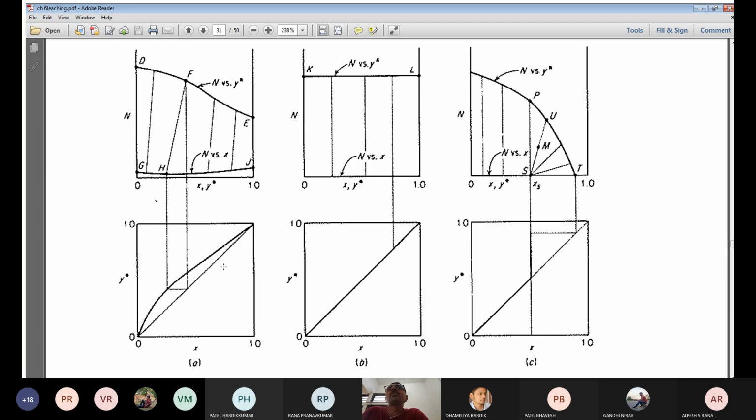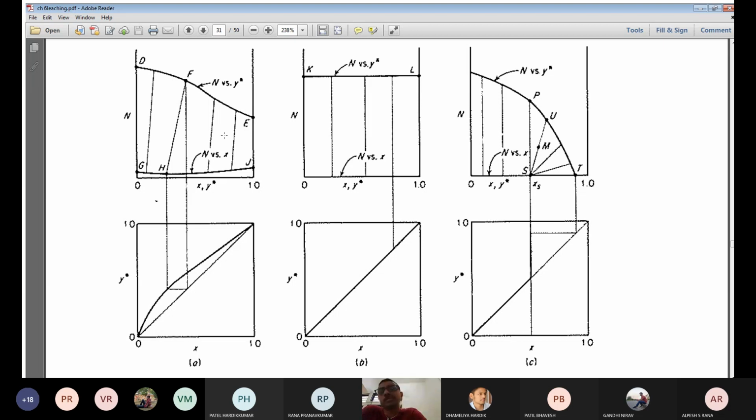Now there are various lines you can see between these two curves. These are the tie lines. Tie lines always connect the two equilibrium phases. Now this tie line you can see here is not perfectly vertical. It is inclined. This means that the concentration of solute is different in the raffinate phase and the extract phase.